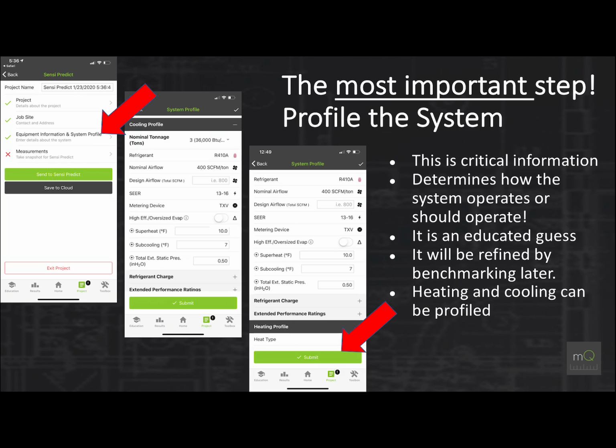And we can do a heating and cooling profile. So we're going to benchmark the system, so we've got a starting point. That's really all this is, and it's probably one of the most important steps, because if you're going to use diagnostic software, if we're going to do any diagnostics, we need to know what refrigerant's in it. What kind of target airflow are you looking for? What SEER rating is the equipment? What kind of metering device does it have? This is not just for measureQuick, but if you're going to service any kind of equipment, you've got to know